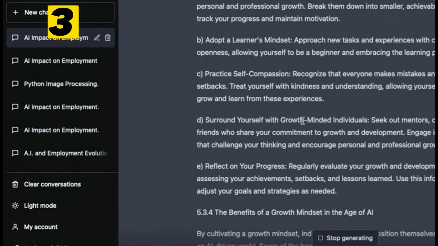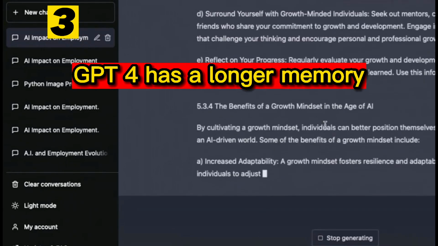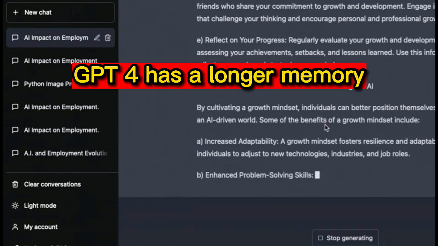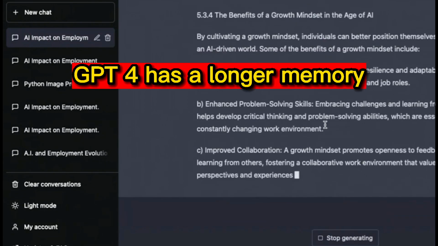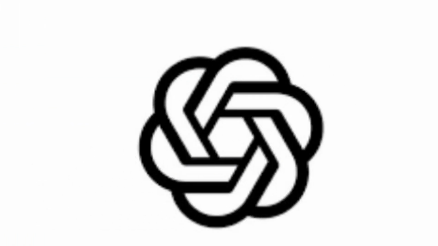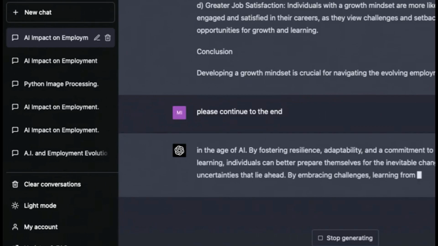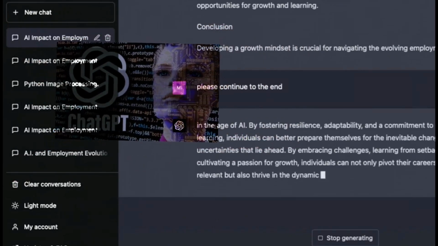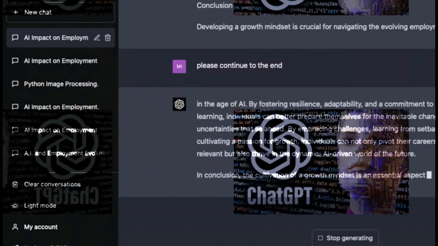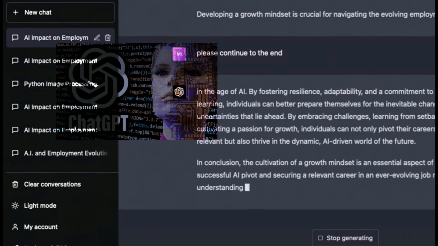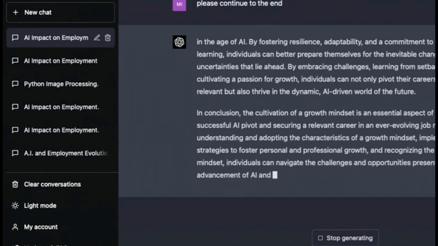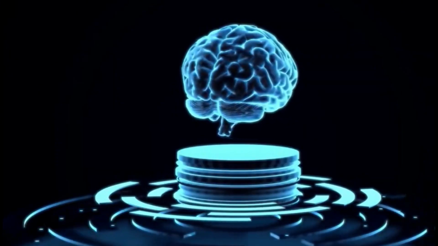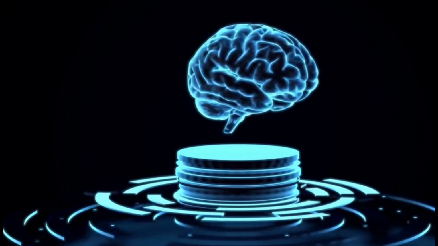Number 3. GPT-4 has a longer memory. These large language models are trained on millions of web pages, books, and other text data, but when they are actually having a conversation with a user, there's a limit to how much they can keep in mind. That limit with GPT 3.5 and the old version of Chat was 4,096 tokens. So it would sort of lose track of things after they passed that far back in its attention function. GPT-4 has a maximum token count of